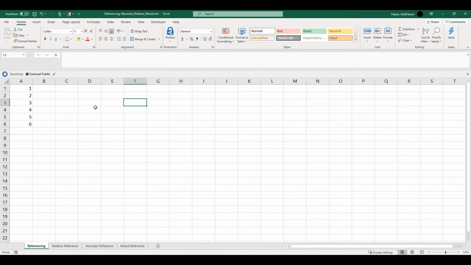If I want to do it another way, I could just type in equals to and select the cell, and I'll get this. Now if I change anything here, the value will change here as well. That's the power of cell referencing, wherein whatever is the value of that cell will be referenced onto this when you just use an equal to. So this is how cell referencing would work.